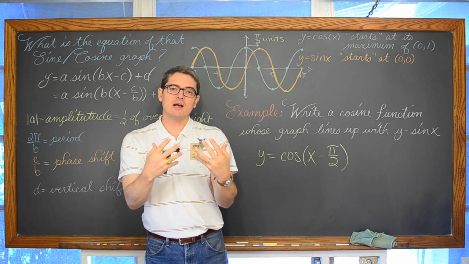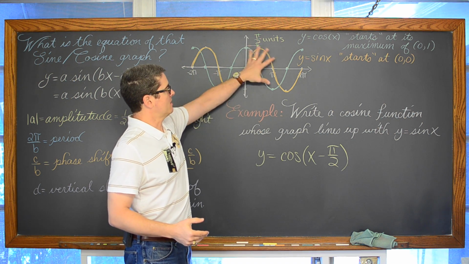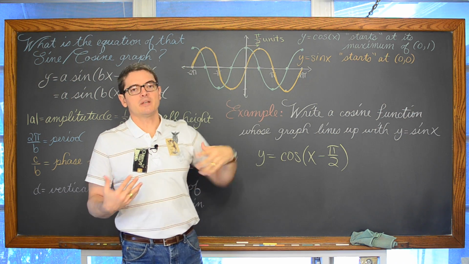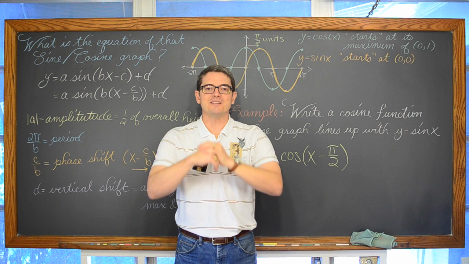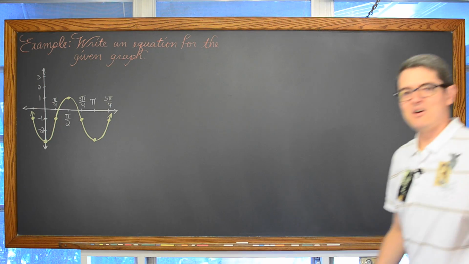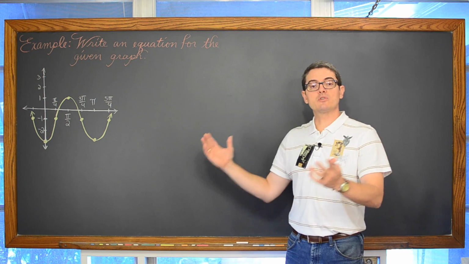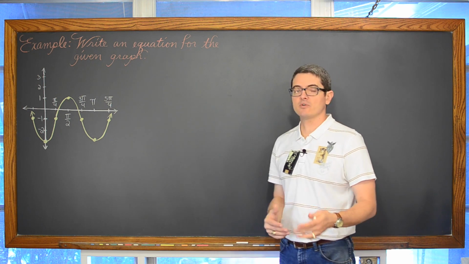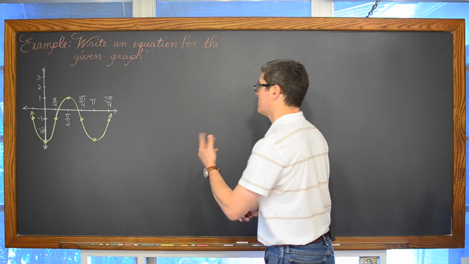Okay, so that's what it looks like on a calculator. You saw the two graphs line up exactly on top of each other. Let's get to a graph that has a lot of transformations to it. It's been moved left and right, up and down, all kinds of good stuff. We've changed the period, and let's see if we can come up with an equation that would represent that graph. Write an equation for the given graph. And there's no restrictions. I didn't tell you that the amplitude had to be positive or the phase shift had to be positive or negative. I didn't say use sine or cosine. So we're going to come up with many examples for this particular graph.